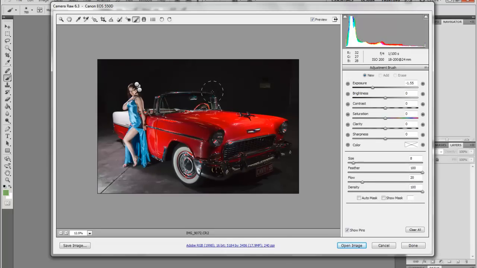What I'm going to do is bring a little bit more light into this area and connect the two so that you've got a nice flow from the model to the car back to the model and so on and so forth. It's sort of got that nice flow about it. But this really is just a big dark line down the centre of this image, which is really cutting it in half. So I'm going to change my exposure up to lighter. And with a fairly wide brush, I'm going to come through and just lighten this area